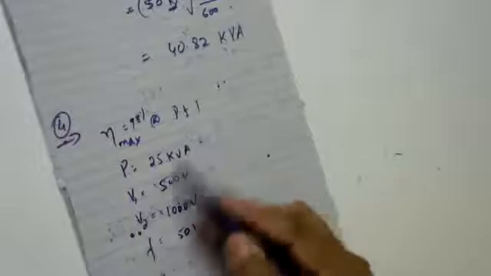So it means this transformer has 98% efficiency, which is its maximum efficiency at unity power factor. With this data, he's asking us to compute the efficiency of the transformer if I operate it at 75% of the full load and 0.9 power factor. Second, the efficiency of this same transformer if I operate it at 50% of the full load and 0.8 power factor.